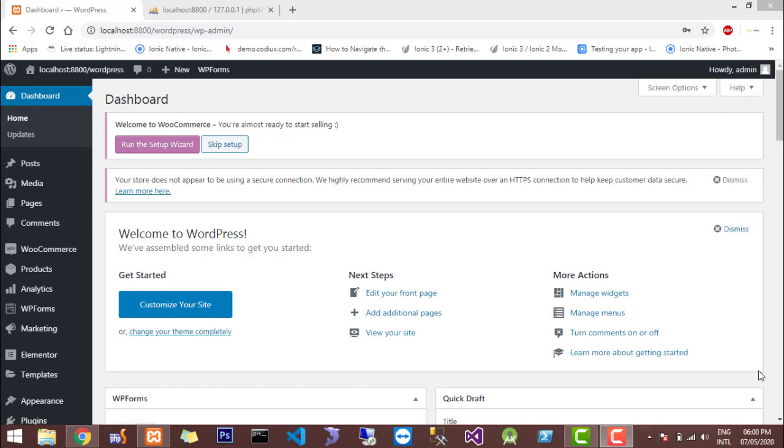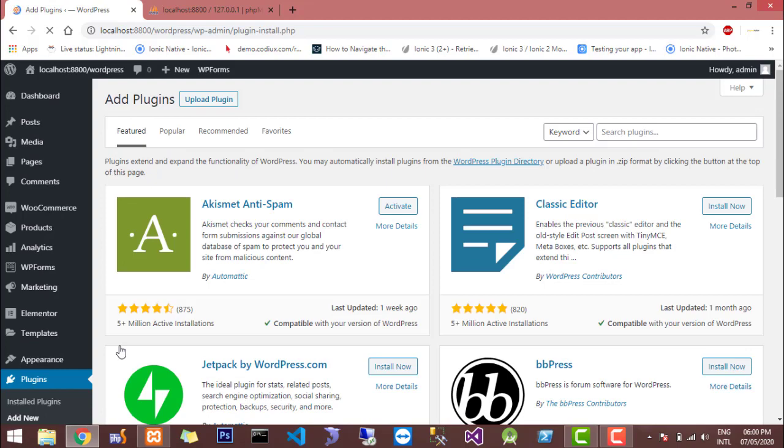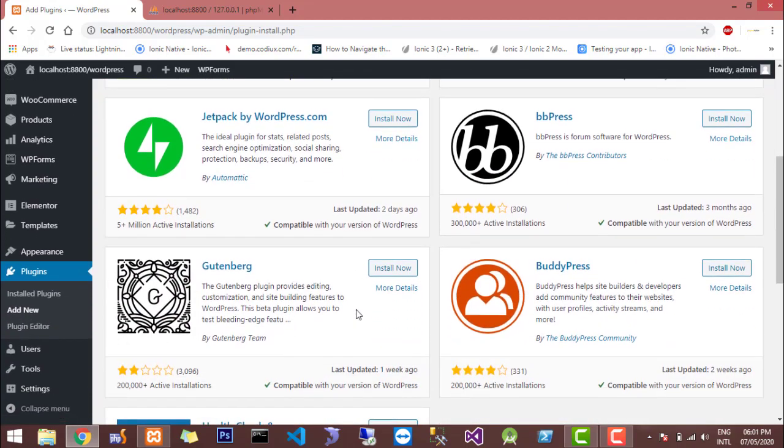Here, as you can see in this menu, there is a menu item named plugins. We will go to the plugins and we will click on add new plugin. So depending on our use, what kind of plugin we need to add. So